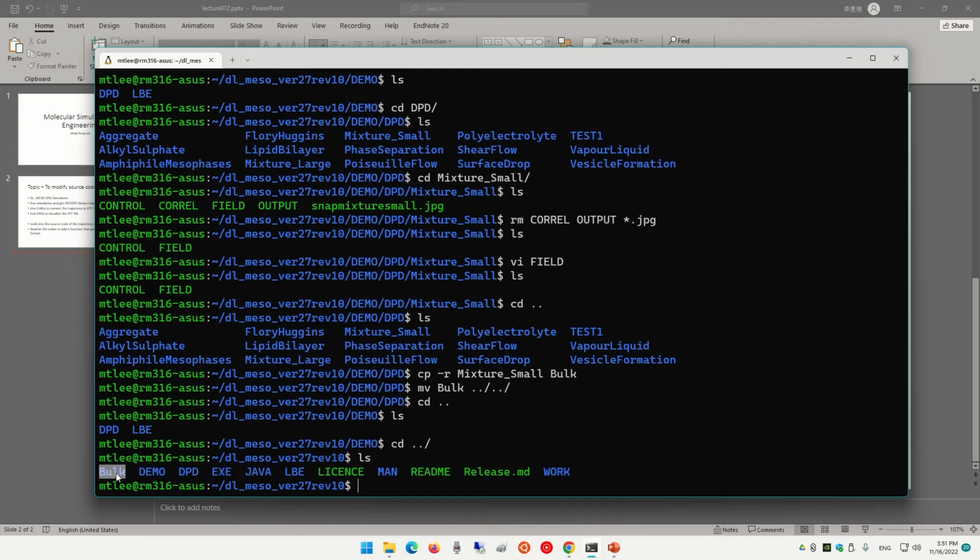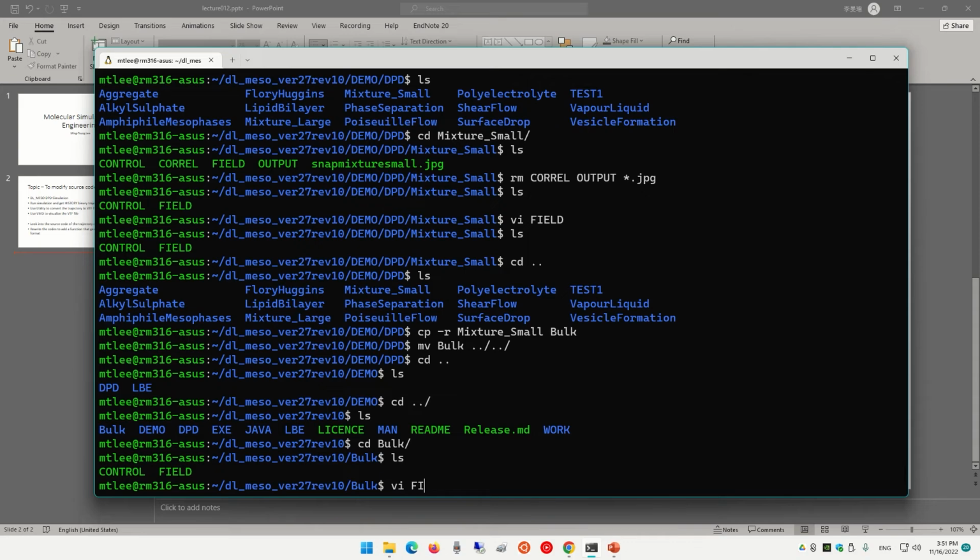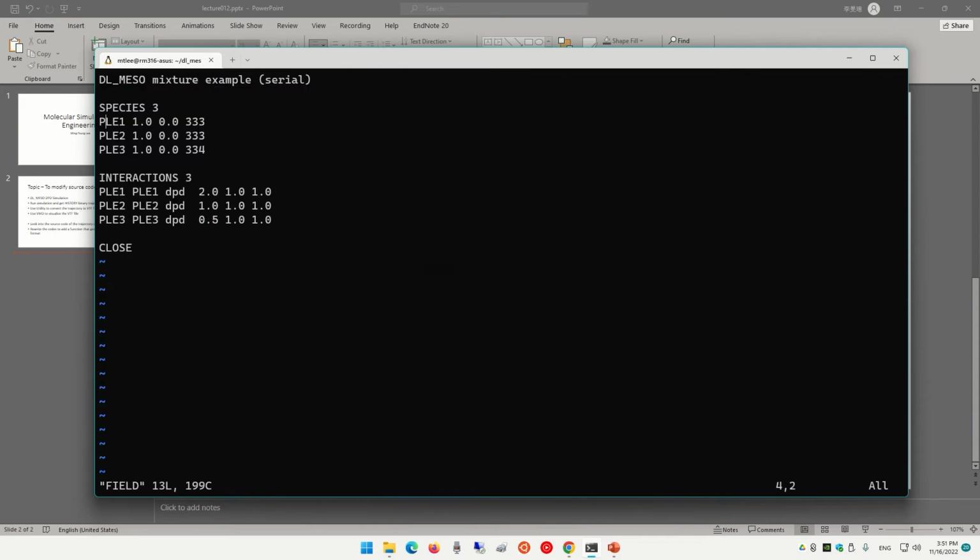This is the file I'm going to run. I'm going to change this a little bit. I'm going to change it to only 2 species like before. Let's say W and O, and each one, let's say, how about this number?